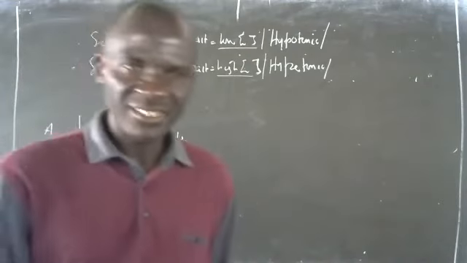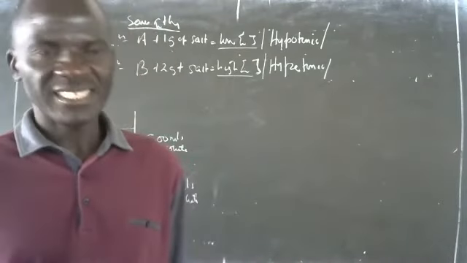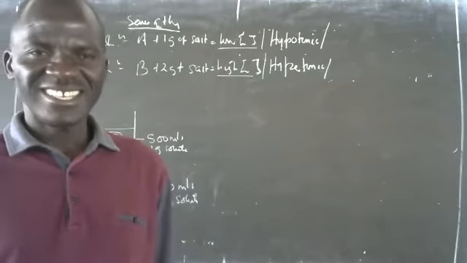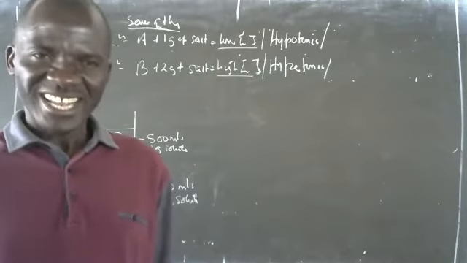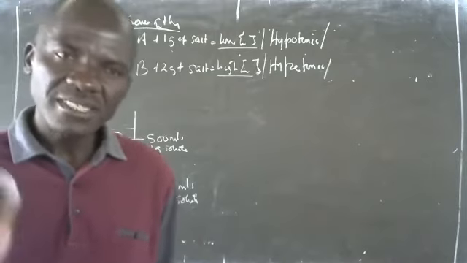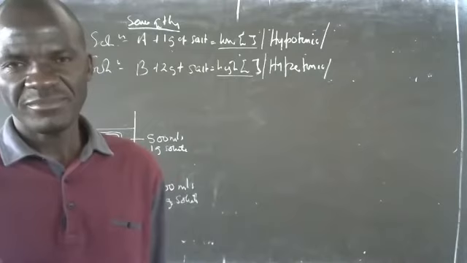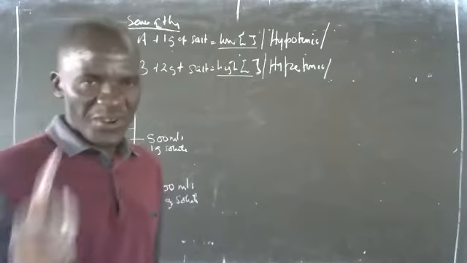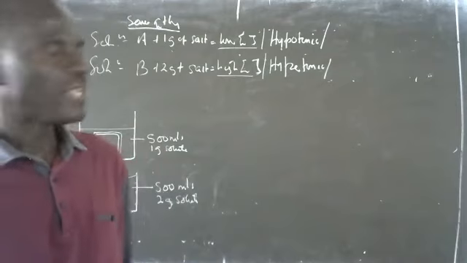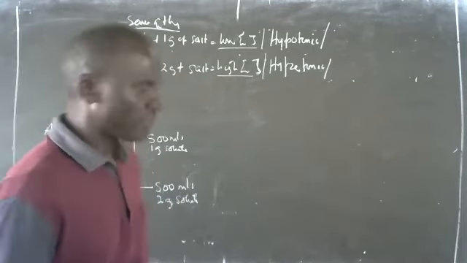I've got the plant cells from the same plant, so those cells have the same concentration. We don't know the concentration of the plant, but we are going to assume